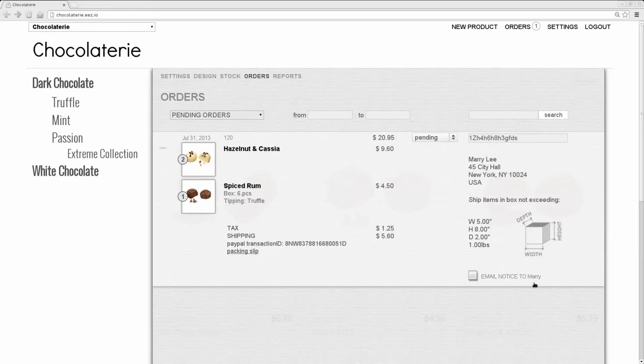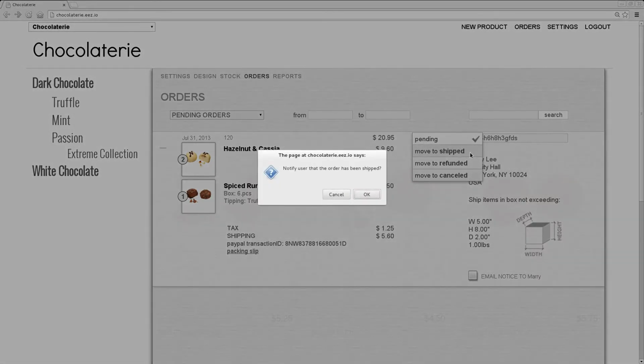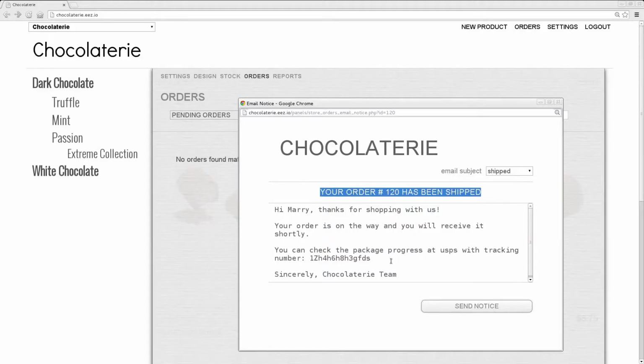So my order is ready. Let's move it to shipped. You can do this by hovering the status menu and clicking on Move to Shipped option. The system will ask you if you want to notify your shopper about the shipping status of the order. You can skip it by clicking No, or you can choose to send an email notification, in which case a